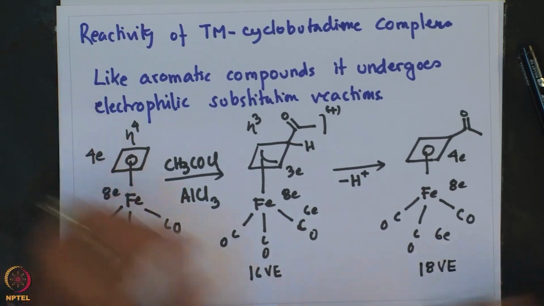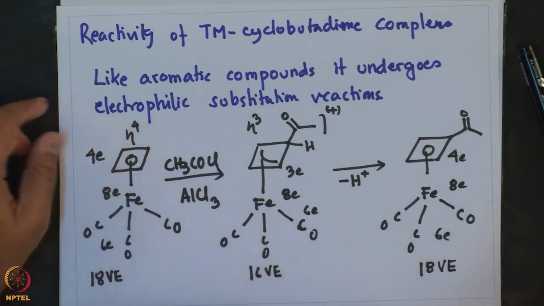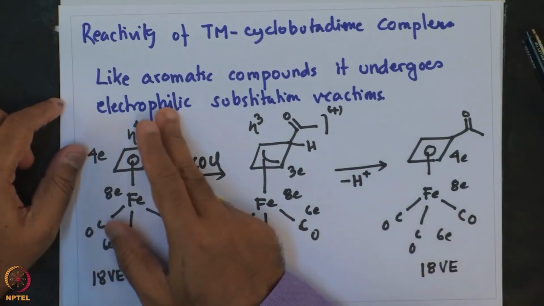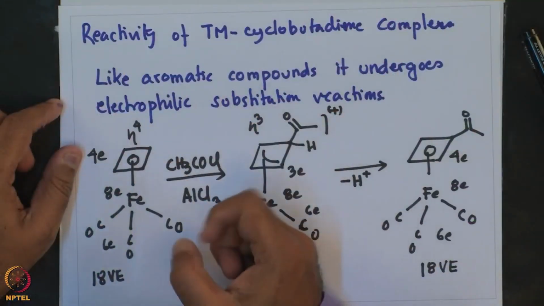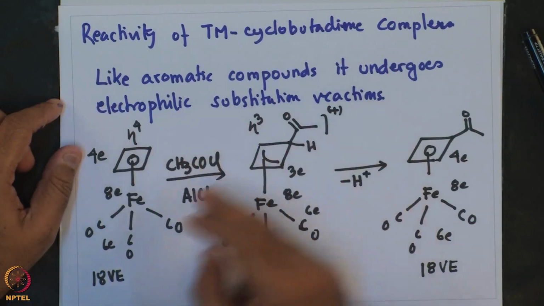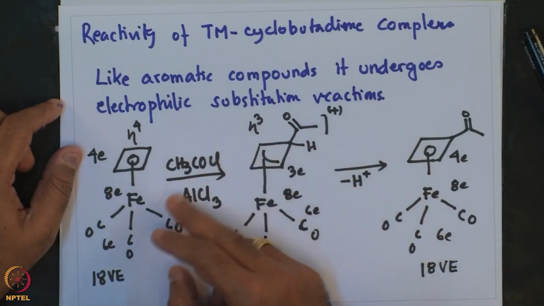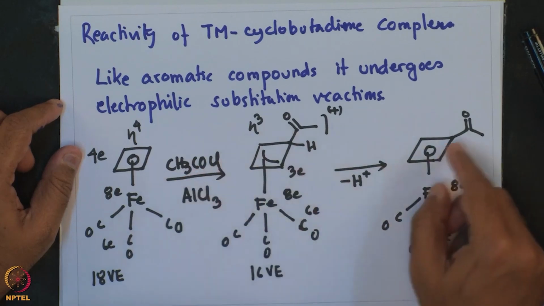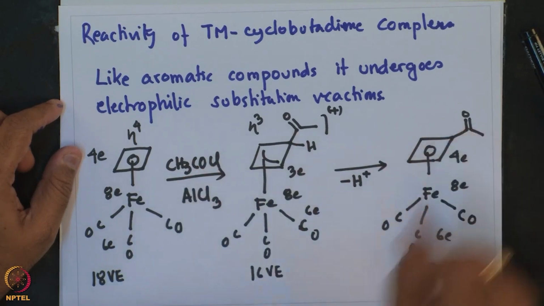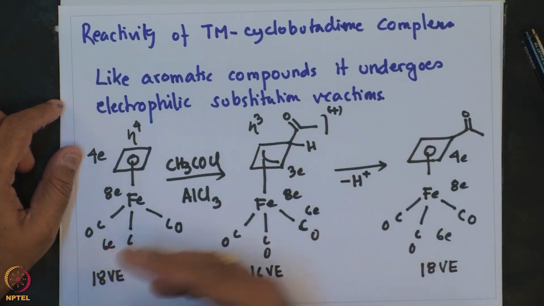So what we see is that, similar to what normal aromatic compounds exhibit, they undergo electrophilic substitution reactions. Here also we saw that one of the ring hydrogens of cyclobutadiene can be substituted with acetyl chloride, giving a CH3CO-bound cyclobutadiene ring, and that reaction is very similar to what is observed for aromatic